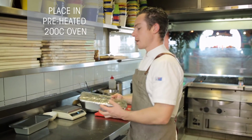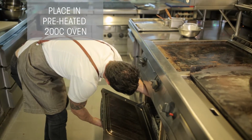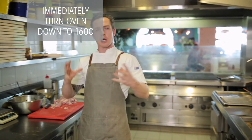So I've got a preheated 200-degree oven. I'm going to put it inside, and straight away, just going to turn it down to 160. So I've basically got a really nice hot oven. Cold terrine goes in there, so the heat starts to get into there. So what's going to happen is you've got the really nice hot heat of a 200-degree oven. It's going to drop